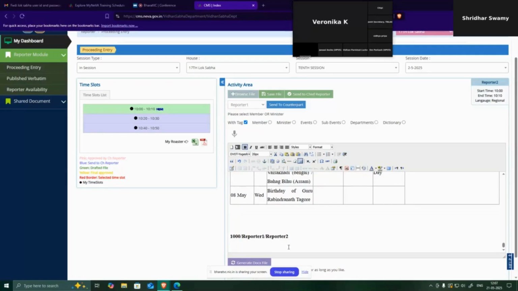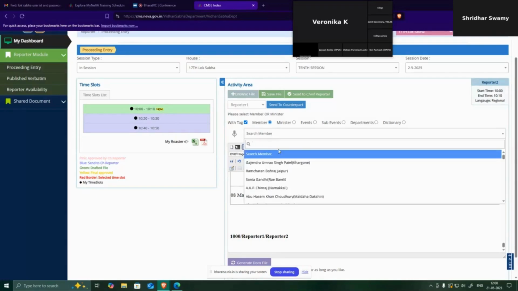If the reporter is regional, he can also work in the regional language. If the reporter is in English, he can also enter the work in the English language. Accordingly, in the same way he has a provision to enter the